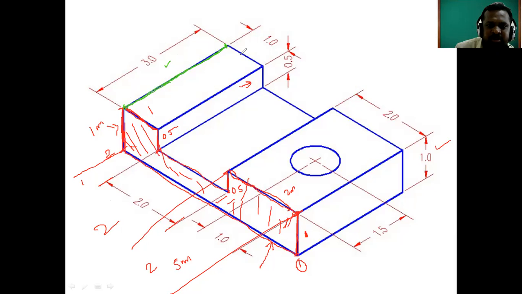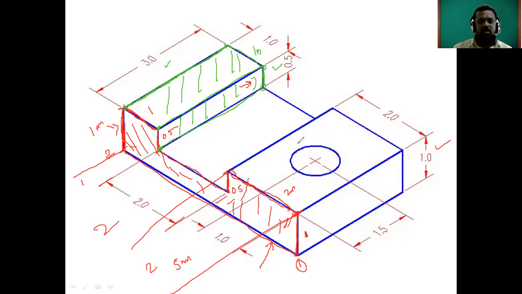Then from this point we have to draw this line. It is 1 mm. Then again from this point we have to draw and join this line. Then from this point, this distance is given, that is 0.5, which means we can easily draw that vertical line, and from this point we can easily join this. This portion is also completed. In this way we have to draw. Only one point is remaining, that is how to change the plane. That point I will explain during the figure. Then tell me the next point.